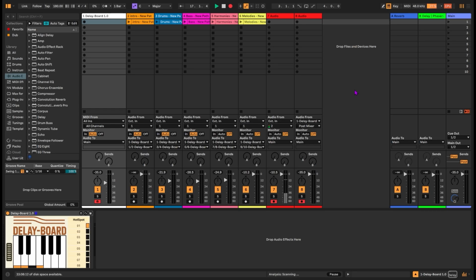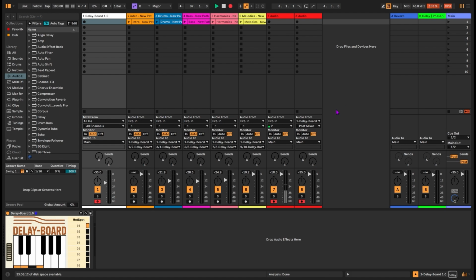Hi everyone, I'm Antonio Castagnello and this is a walkthrough of my Max for Live device, Delay Board 1.0. It was developed for the MD5056 live electronic processing module as a creative tool for live performance and studio use. In this video I'll show you what it does, how it works and how you can use it to manipulate